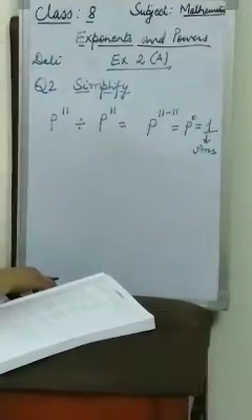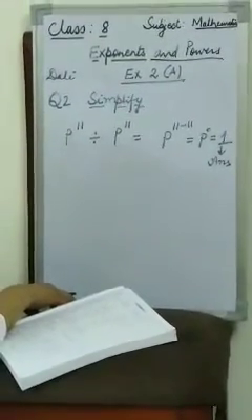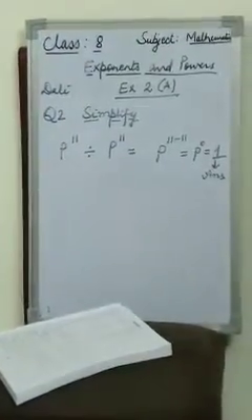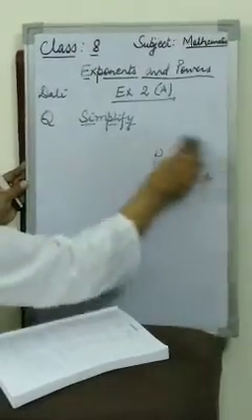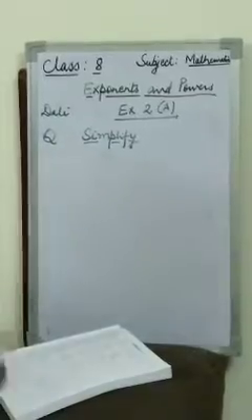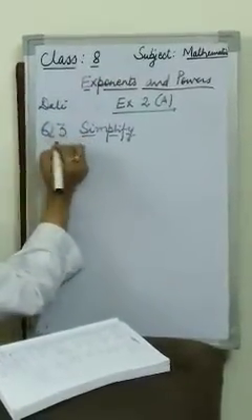I proceed to question number 3 now. Again, in question number 3, they are saying simplify, and in simplification we are applying the next law, that is power on power. So we do the questions of the next law, that is based on power. If we have power on power, power gets multiplied. So I consider question number 3 now.